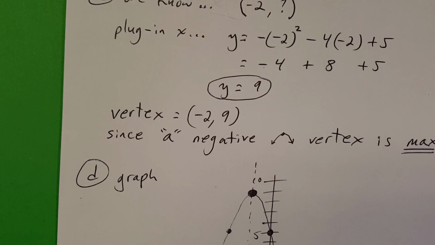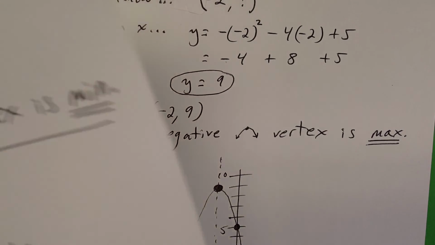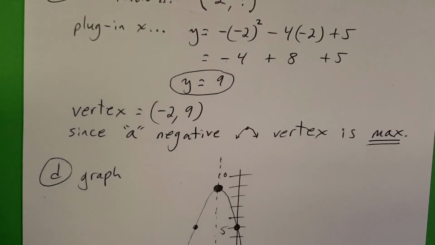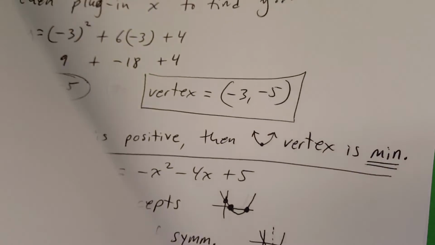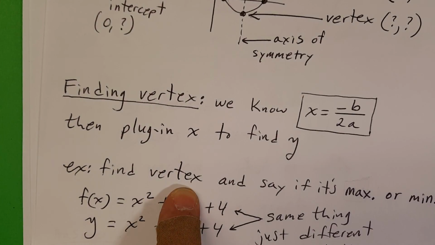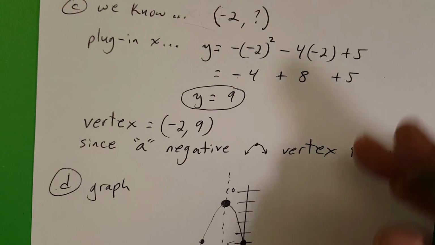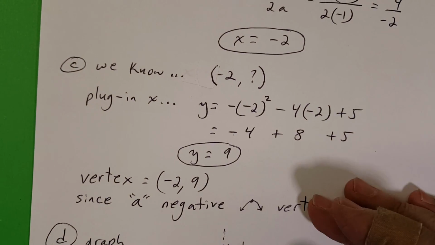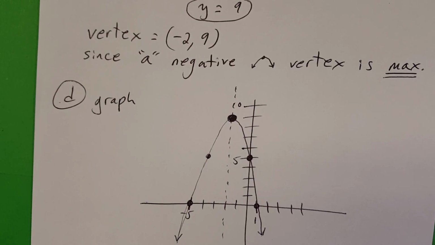Okay, so that's it. For tomorrow's assignment, you're going to have a bunch of, how do you say, quicker problems. That's when the question is, find the vertex. And then you're going to have a bunch of problems where you have to graph it, but the only way to graph it is to do all this other stuff here, the A, B, and C part. Okay, so both types of problems are going to be on the assignment tomorrow. So really quick,